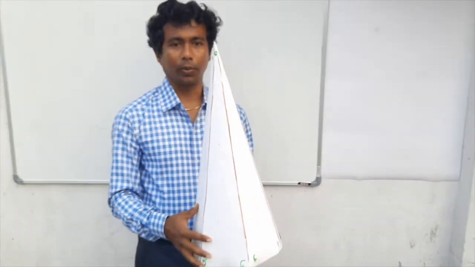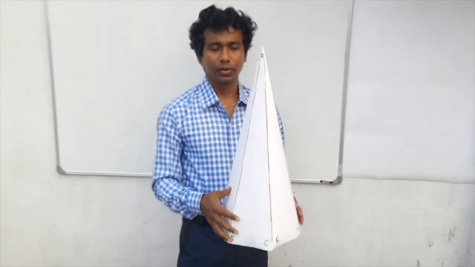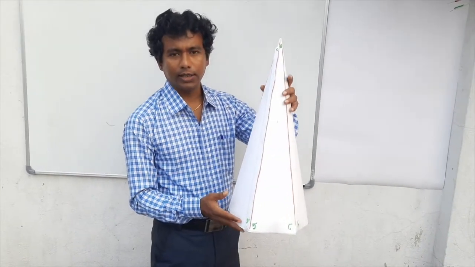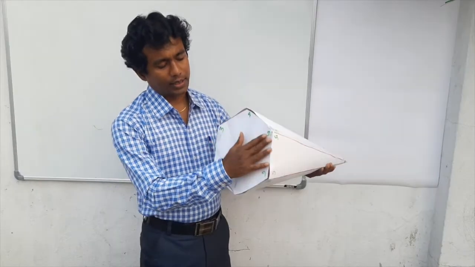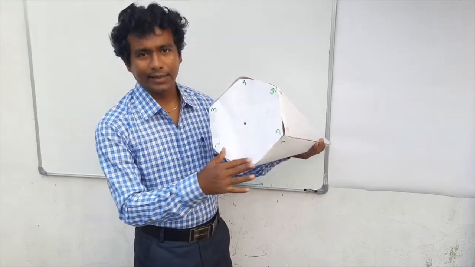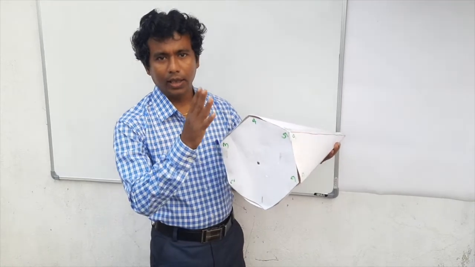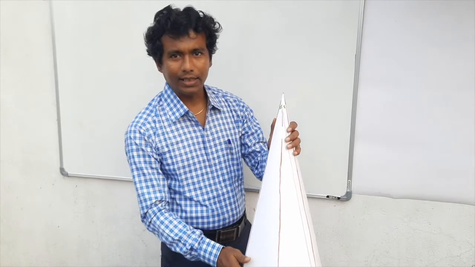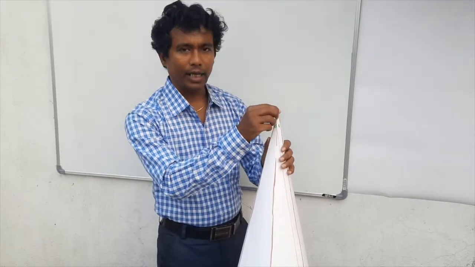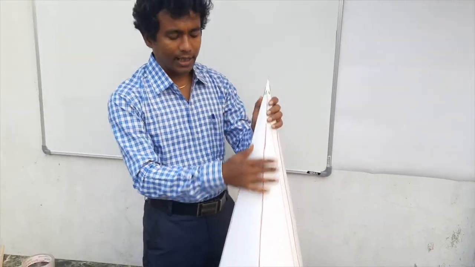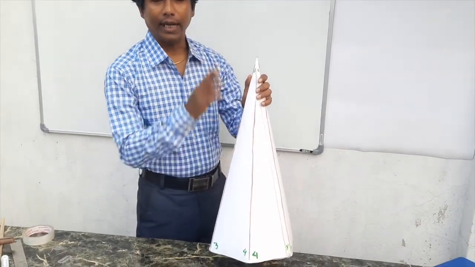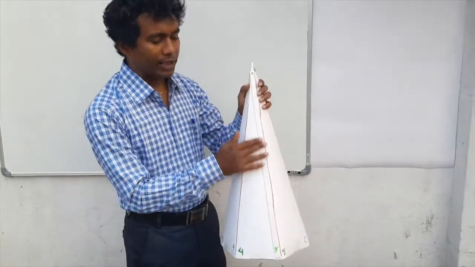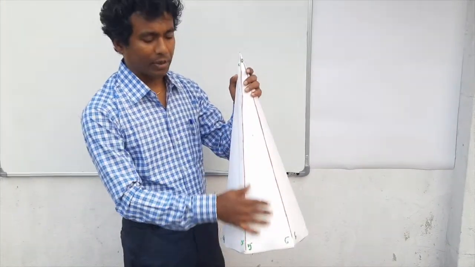It is the section of a pyramid. What type of pyramid is this? Hexagonal pyramid. Why hexagon? Because this base is a hexagon. And what is a pyramid? All the sides are slant sides and meet at the vertex. The sides are triangles, and a regular pyramid means all the sides are similar triangles with the same dimensions.